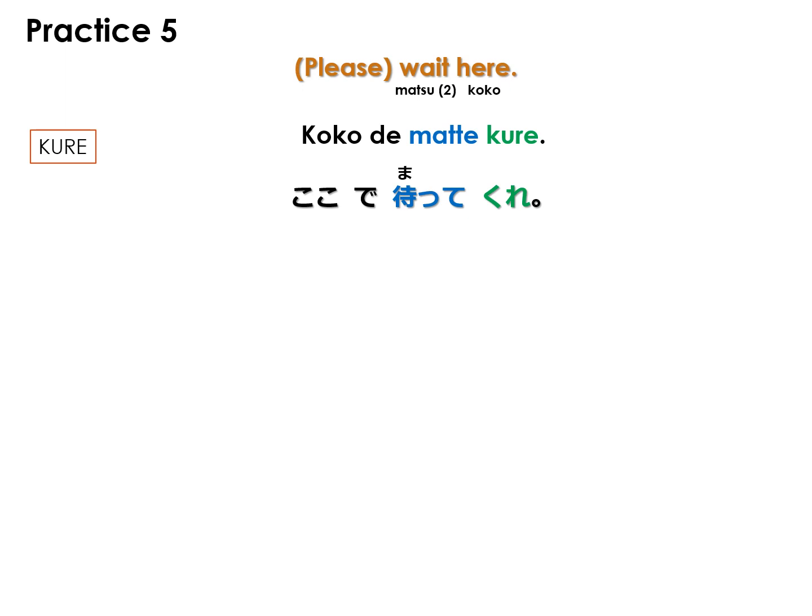Now translate the following sentences into Japanese. Please wait here. Use kure instead of kudasai. The word please is in brackets because the Japanese equivalent isn't really that polite and already borders on being a command. In Japanese, ここで待ってくれ。